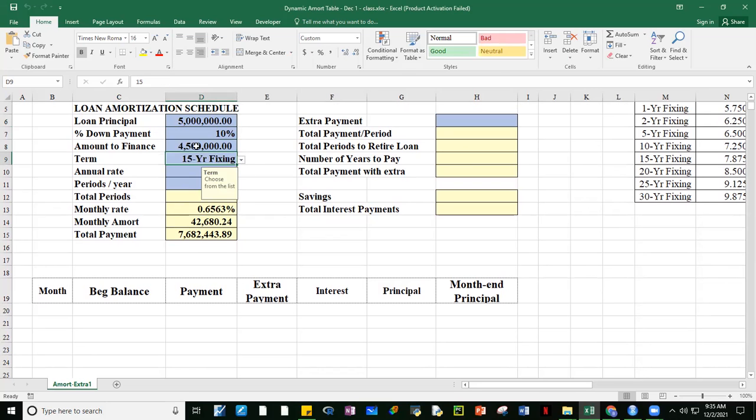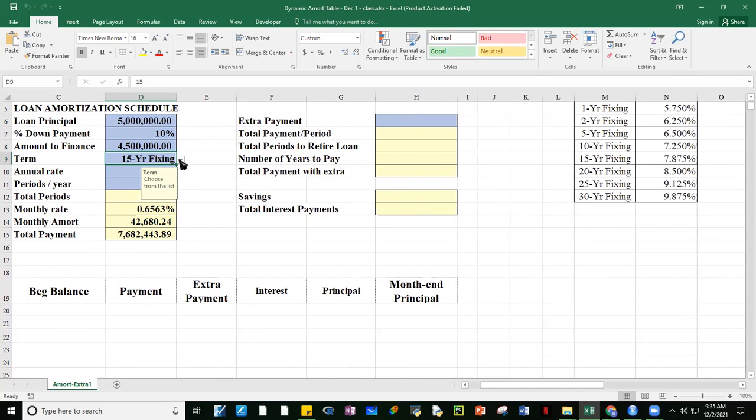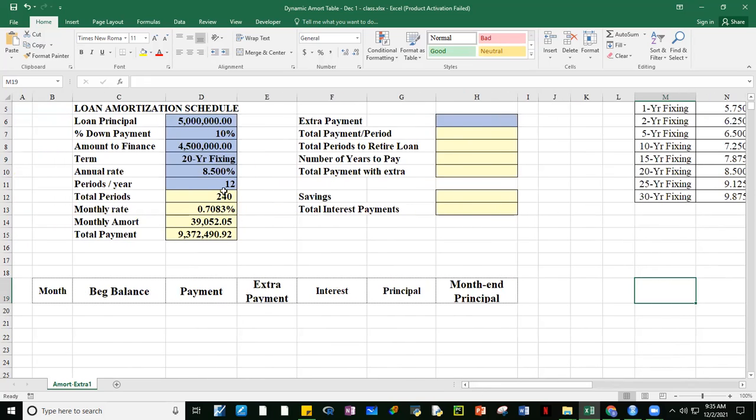The term that we chose was 15 years, and we learned how to construct a data validation. Okay, this makes the choice easy. Choose 20 years, and automatically it will get the value corresponding to 20 years here, and our model will change accordingly. So we want to construct a model so that if there are any changes in the givens, then the values will change and automatically our model will change. Okay, so let me bring this back to